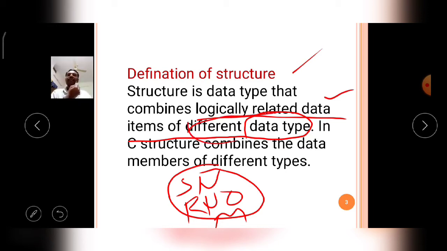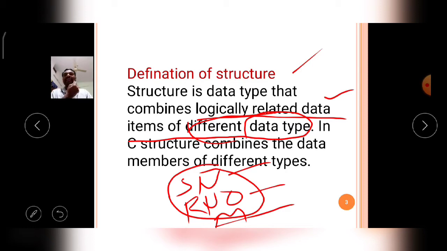Even though it is logically related data, that data may be in different data types. Student name is string information, student roll number is integer information, student marks percentage is float information.